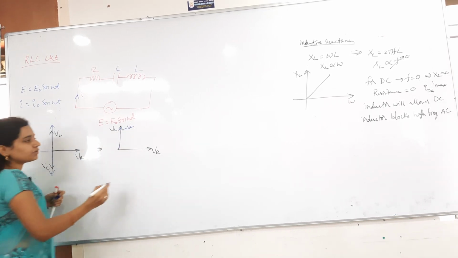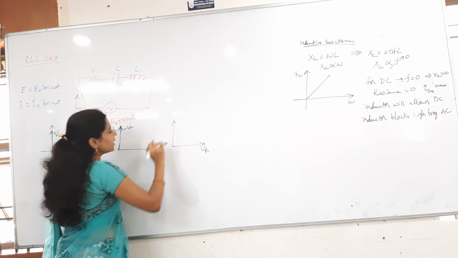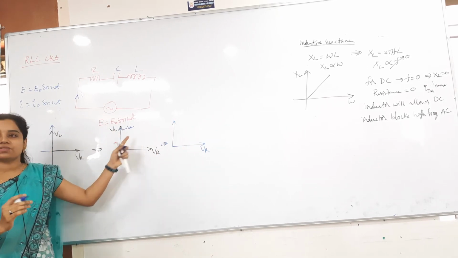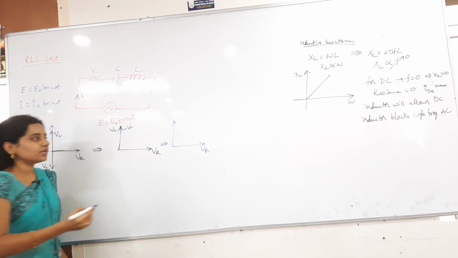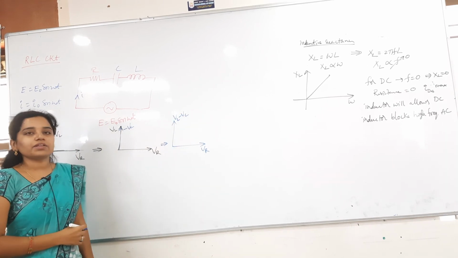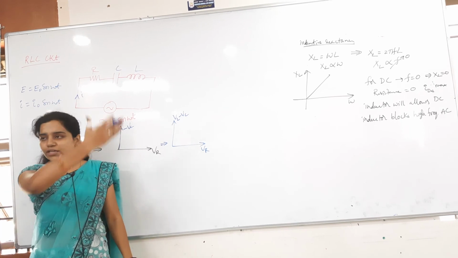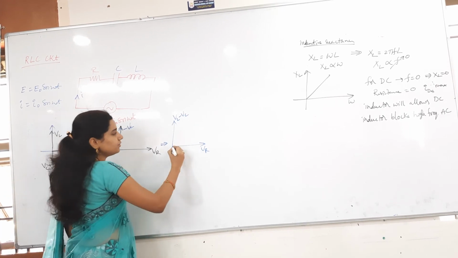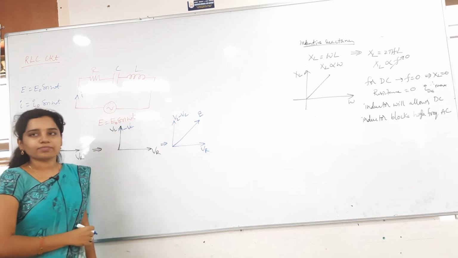Now whenever you draw the net vectors here, this is the VR. Obviously in the above direction what is there? VL minus VC. I can add them. Whenever I add them, both will be in the same direction only, so I can write this as VL minus VC. Then where will you get the resultant? Two vectors are perpendicular, so you will get it diagonally only, right? So in this direction I got the net voltage, that is E.